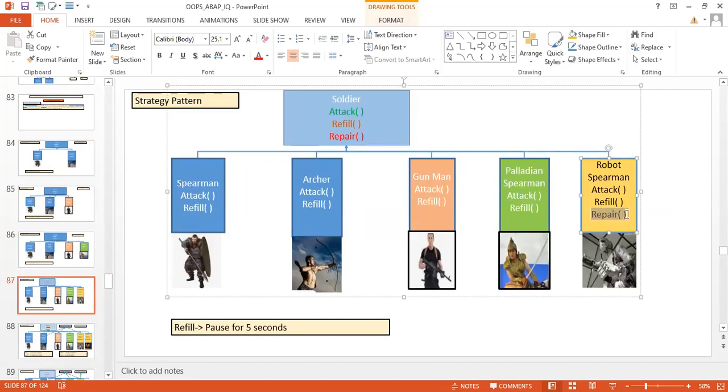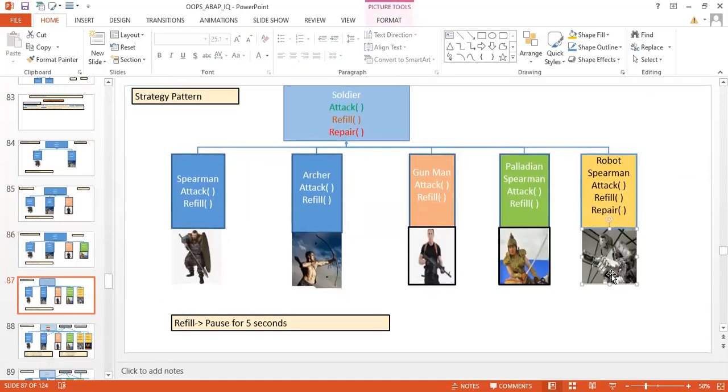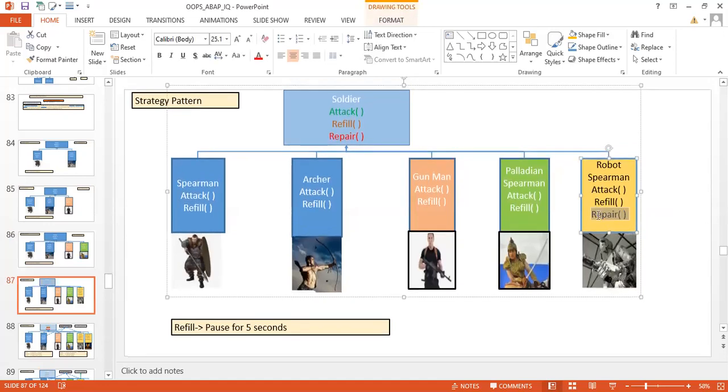Either you will have to put the extra functionality repair over here, or if you put repair in the superclass, the problem is that all the other subclasses are also going to inherit this repair method unnecessarily, which is not required, right? So in order to avoid that problem, whatever method we give at the superclass is not supposed to be inherited by all the classes, right?